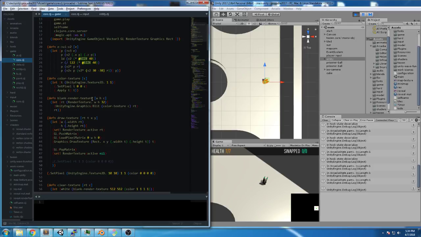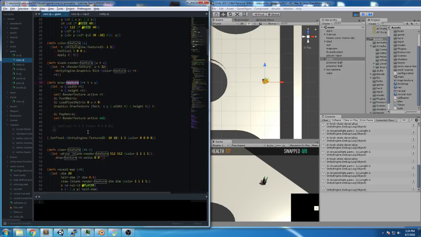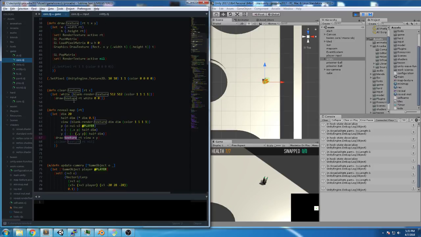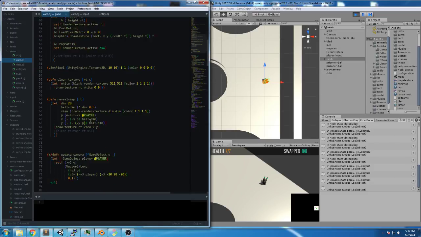Where am I doing that? Draw, reveal map, draw texture. Okay, so I'm making a texture every frame, which can't be good. And then draw texture, RTT. So, whatever size that is, that's what I'm drawing. Okay, so